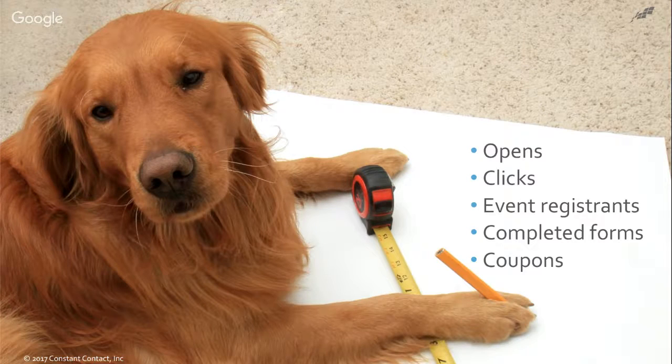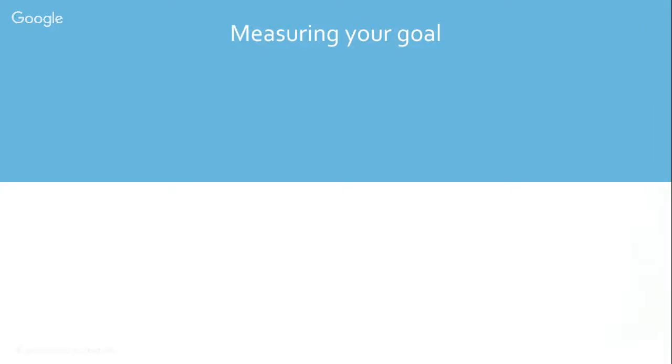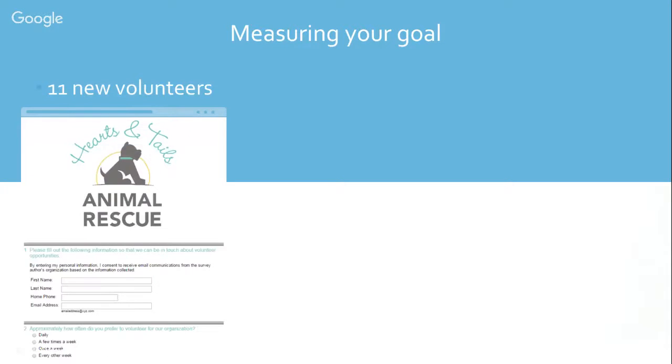Using online marketing like Constant Contact is going to help you save time because you can do all of that inside of the tool. So let's take a look at some of the results that our businesses used to measure their success. First, Hearts and Tails used that form to increase their number of volunteers. By driving readers directly to an online form, Constant Contact automatically recorded all submissions and all the details for interested volunteers. They didn't have to go into a PDF and click and download and bring it in. They could compare that end result directly to their goal to determine whether or not they got more than 10 new